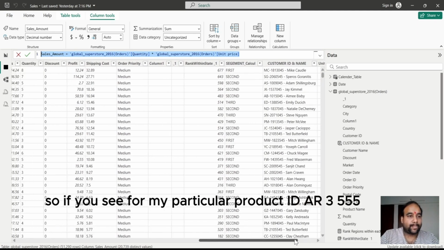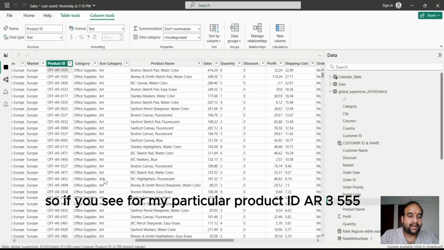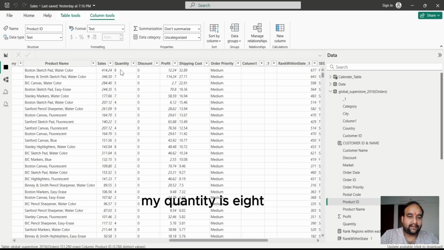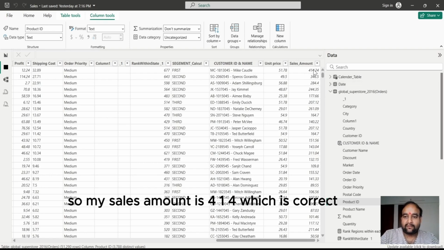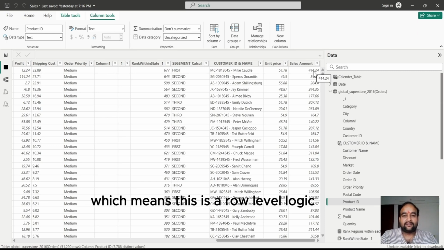For my particular product ID AR3555, my quantity is 8 and my unit price is 51.78. So my sales amount is 414, which is correct. Each row gets its own sales amount, which means this is row level logic,